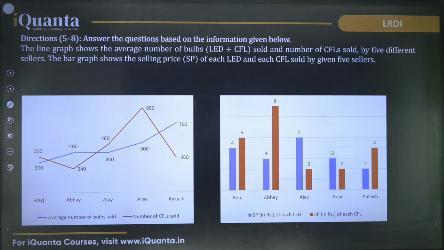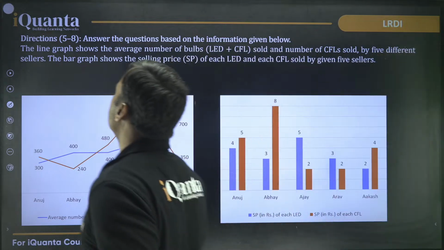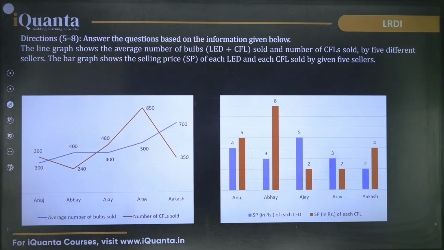This one is much easier as compared to the previous one. The time, speed, distance concept makes the situation a little time consuming. This is more like counting and simple multiplications. The values are also small, at least in the second part. Yes, do you understand the information? Do you understand the information first?